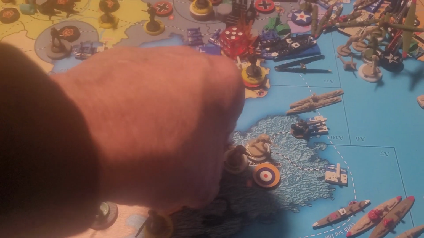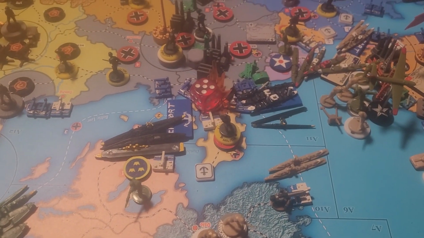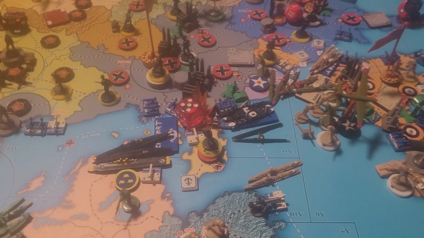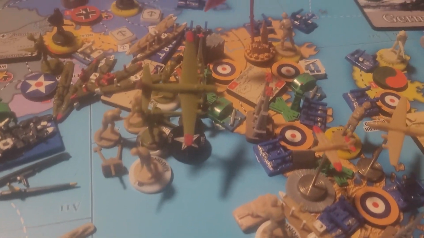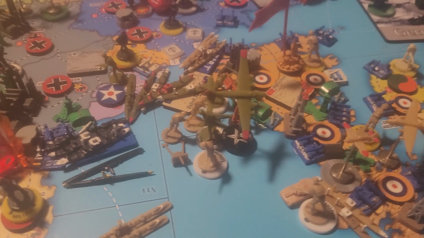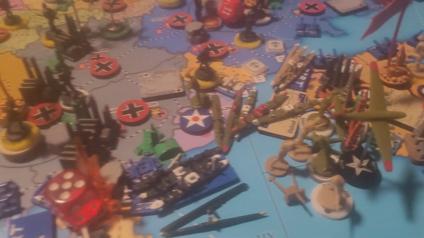Norway has an airborne, a marine, and an infantry. Sea Zone A7 has 2 heavy cruisers and a destroyer. Sea Zone A10 has 2 destroyers. Northern England has 2 transports in port, 2 jets, 1 medium bomber, 1 militia, a marine and a medium armor. London has, look at this side over here for us,